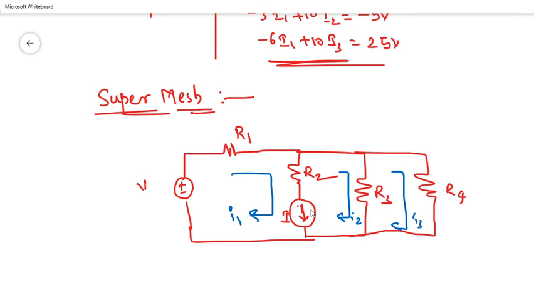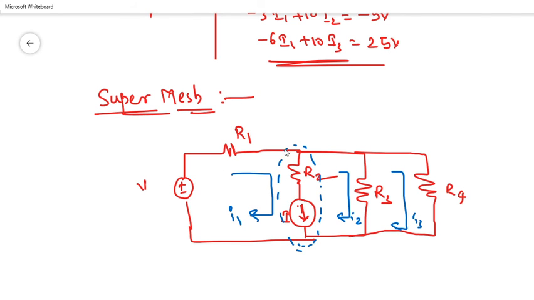Okay, so this is a difficulty when we are getting this type of circuit. So in order to eliminate or in order to simplify these type of circuits, just here we are going to skip or we are going to eliminate this entire circuit, and then directly we are going to take, this is a single loop from voltage source to R1 and R3.